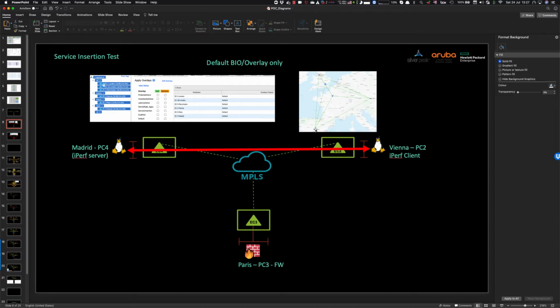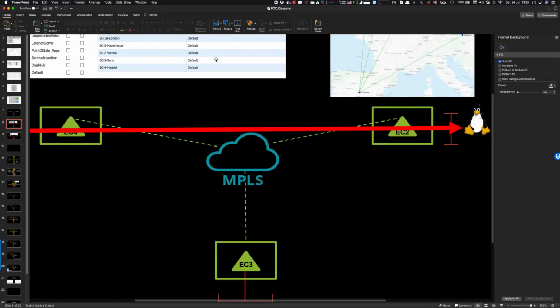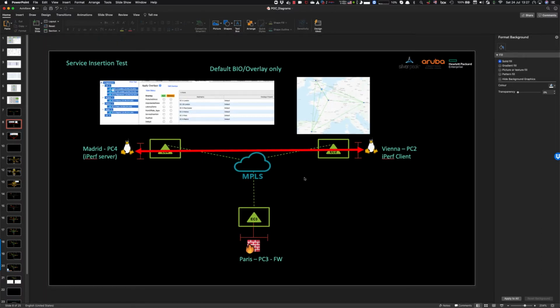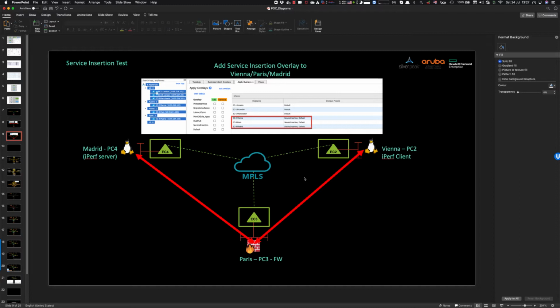So when I first run the test, they'll be able to talk to each other directly across the direct tunnel with the default business intent overlay only applied. Excuse me. So once I've demonstrated that, I'm going to apply the service insertion business intent overlay, but only to Vienna, Paris,